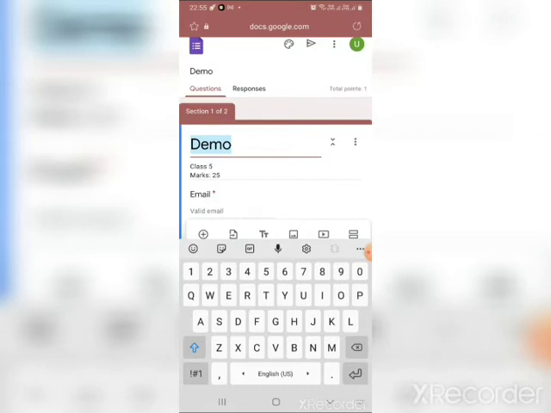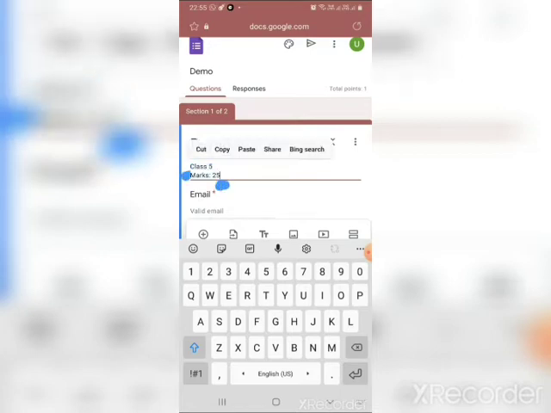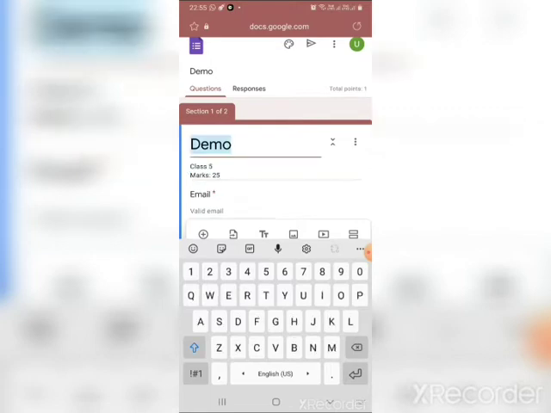So here I can change the topics and title, whatever I'm going to enter. For example, if I'm going to give the question paper for 25 marks, then I can enter it for 25 marks. And if it's for class 5, I'm going to write class 5 itself.